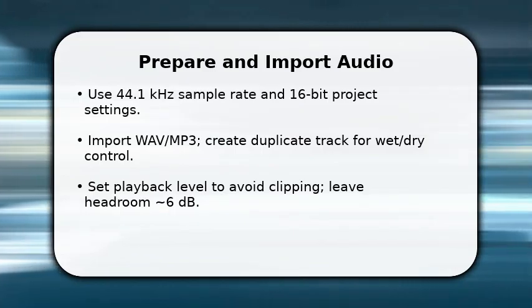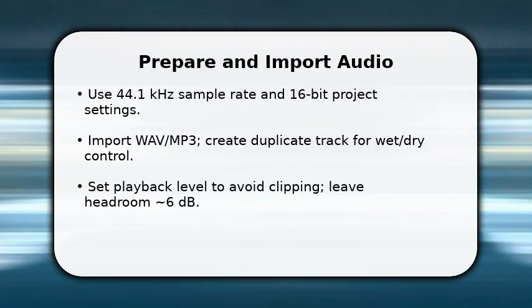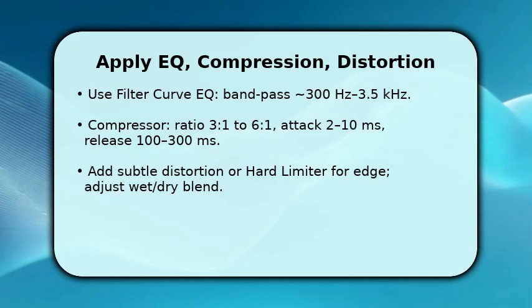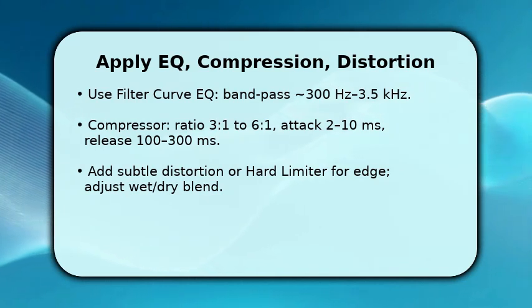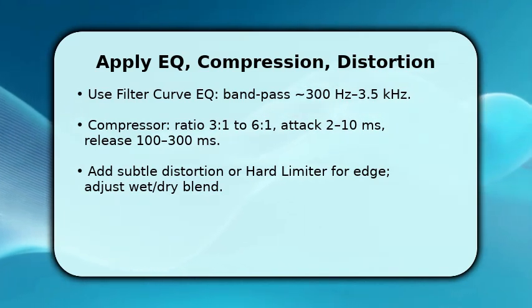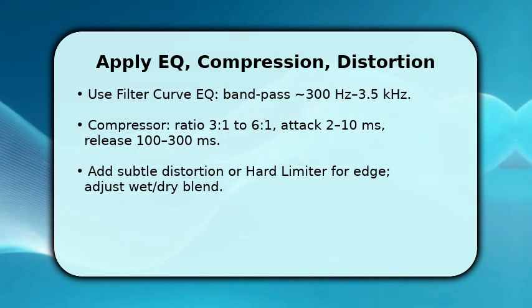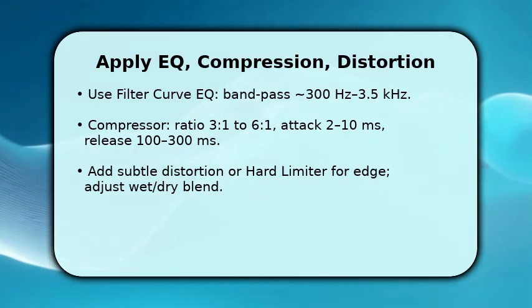Remove obvious pops with the envelope or delete tool to keep the processed result clean and focused. Next, sculpt the timbre. Apply filter curve EQ as a bandpass from roughly 300 Hz to 3.5 kHz to mimic a radio's limited bandwidth. Once done, add compression with a 3:1 to 6:1 ratio, fast attack and medium release to tighten dynamics